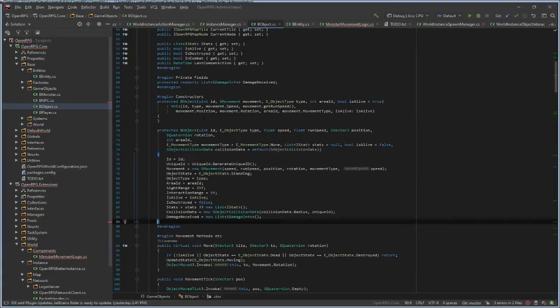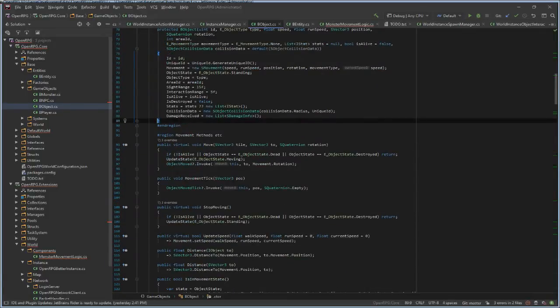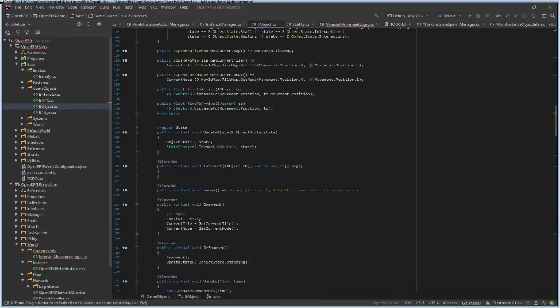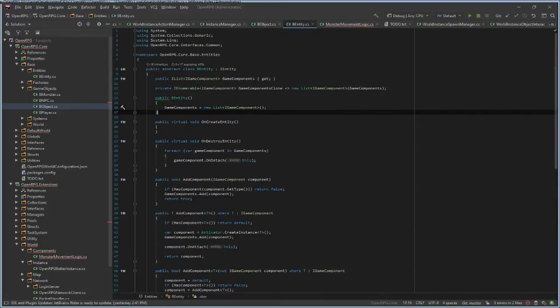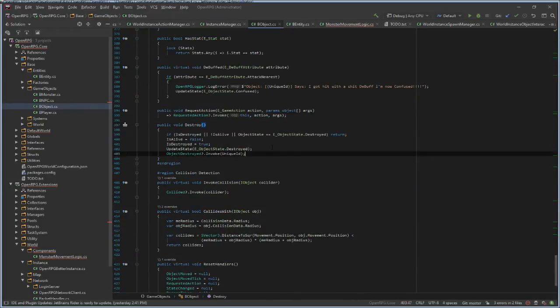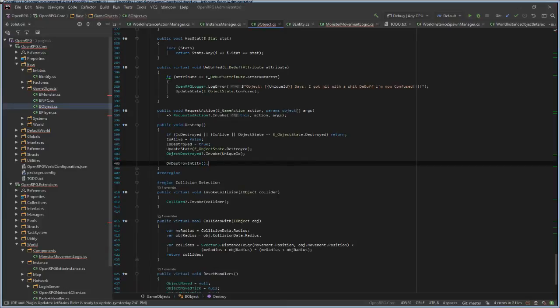Yeah, I don't think we have to do this. Why is this even here? On destroy entity, destroy. Yes, this should be called here.